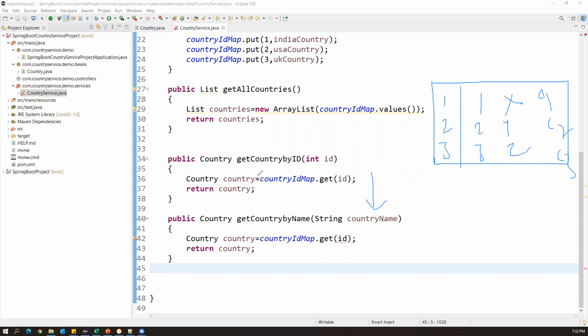Previously, when I asked for the country by ID, this ID is exactly equal to the key in the hash map. So when I pass this ID, automatically we got all the country details. But this time we are passing the name. So where exactly is the name available? Inside the object.